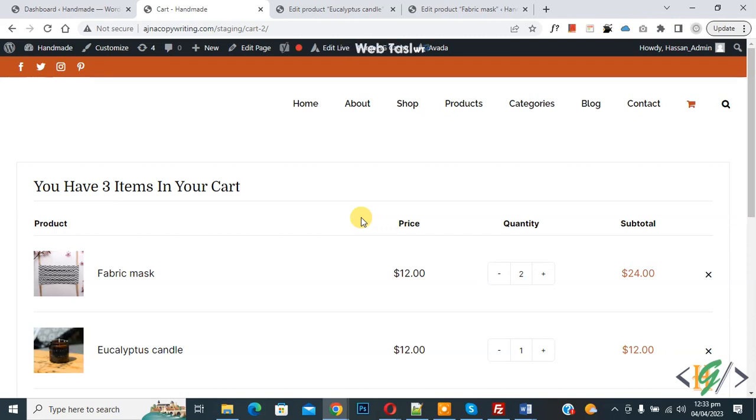Bismillahirrahmanirrahim. Assalamu alaikum. My name is Hassan and today we are going to deny WooCommerce checkout based on cart weight